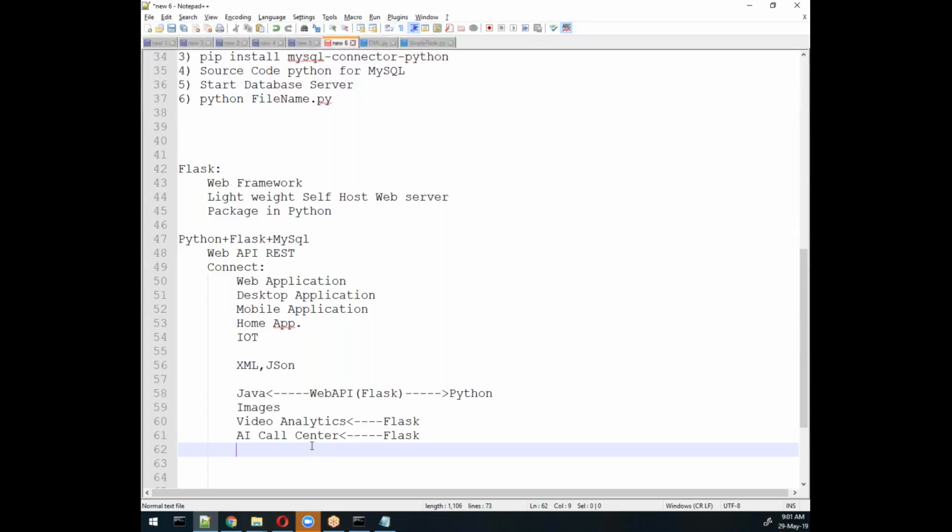Even I'm planning, if we get this idea, I'm not sure, but I'll try to add one thing, which is a complete deployment of a Docker application, Flask based, with MySQL and Python. This we will try through Docker, and plus cloud. So our next session is on this. Definitely we'll try these things.